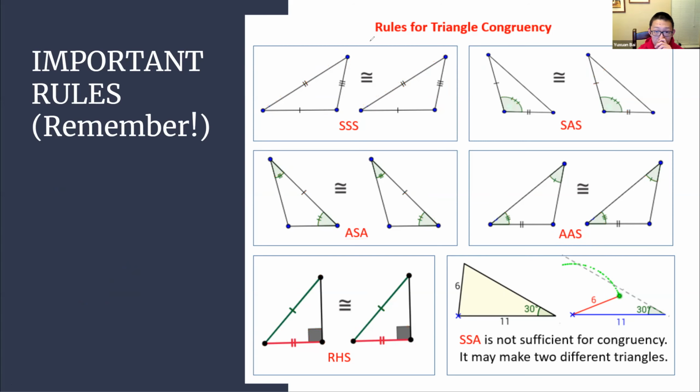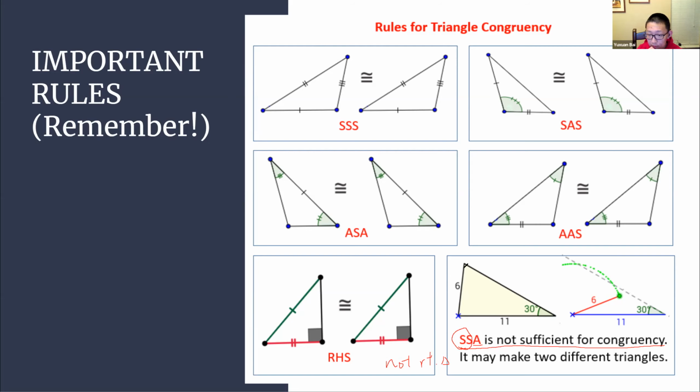Now, the last one here is not sufficient for congruency, which means if you have two sides and a non-included angle, and it is not a right triangle, then two sides and a non-included angle is not enough to prove that two triangles are congruent. So for example, or just to show you why,